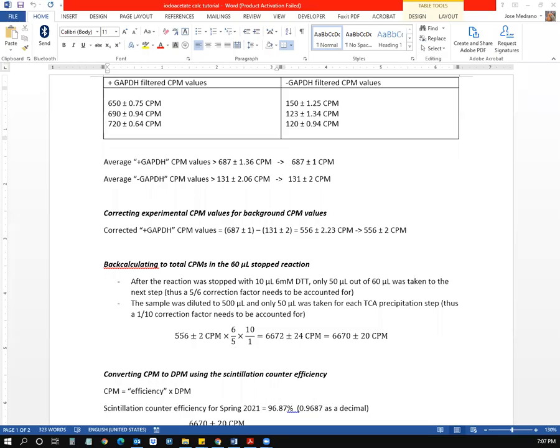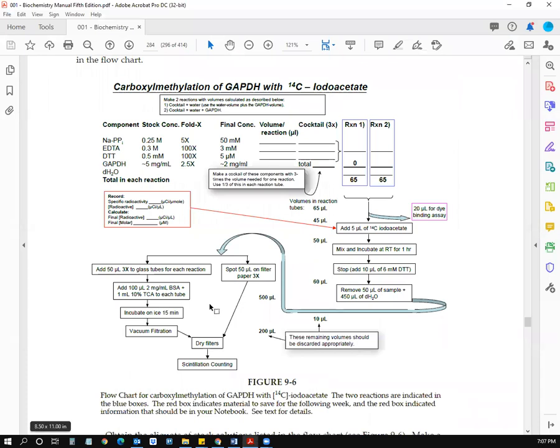Hello, everybody. This is the tutorial for how to calculate the number of sulfhydryl groups, or the number of cysteine residues, in the iodoacetate reactions. So just to get everyone situated, this is the flow chart and also recipe figure 9-6 from